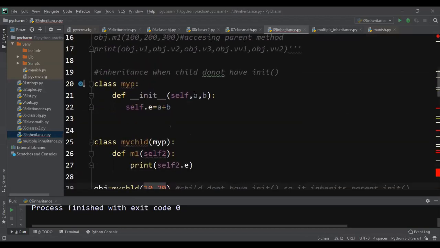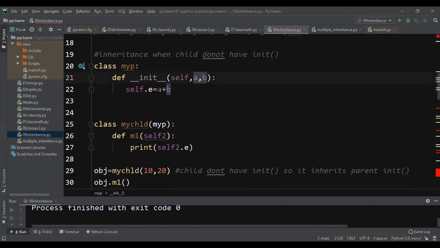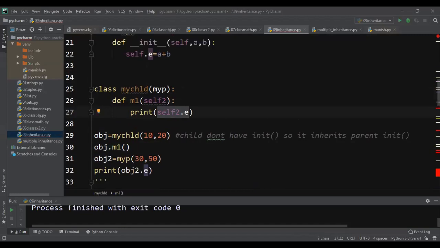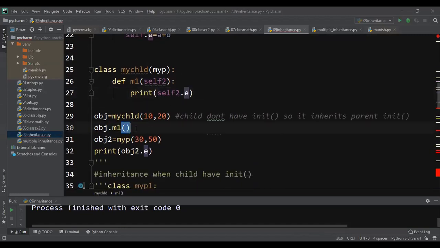The parent class constructor will take the 10 and 20. 10 and 20 will be added together, and the result stored in E. Then when you call m1, it executes and prints the value of E, that is the addition result of A and B. So here you will get 30 as the answer.